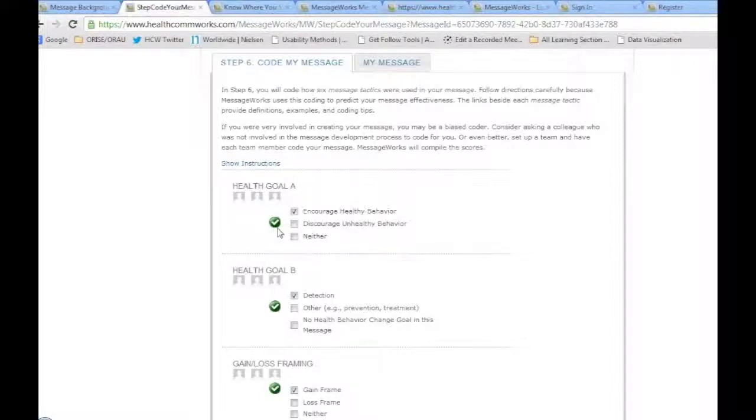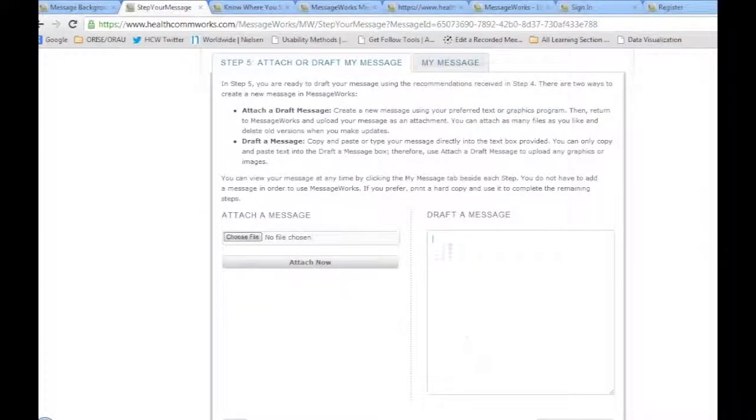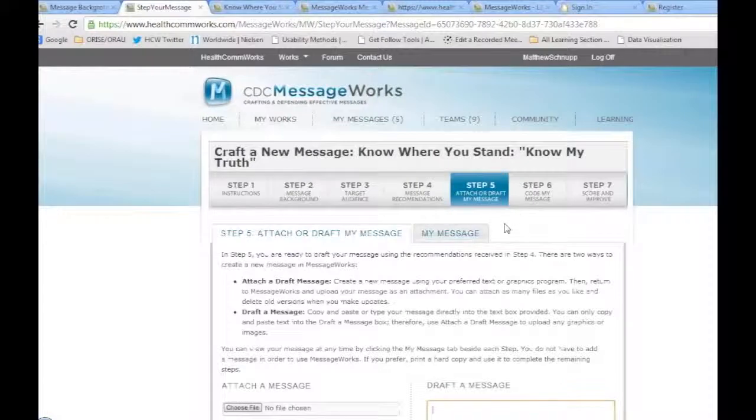So in that way you can collaborate and see, before you even get in the meeting, we can say, okay, well, I know this person is thinking of discouraging unhealthy behavior. Let's think about mocking up a couple examples. What were the scores? Maybe we should go with a couple of options. So you can see where it brings people together and lets you see their responses in tandem, and then also lets you, if you want, share notes here, which is all part of the report that you can generate. So it really is a neat way to start building your collaborations with other individuals.